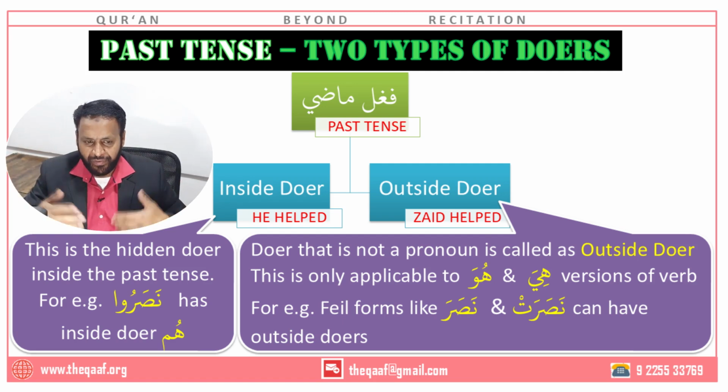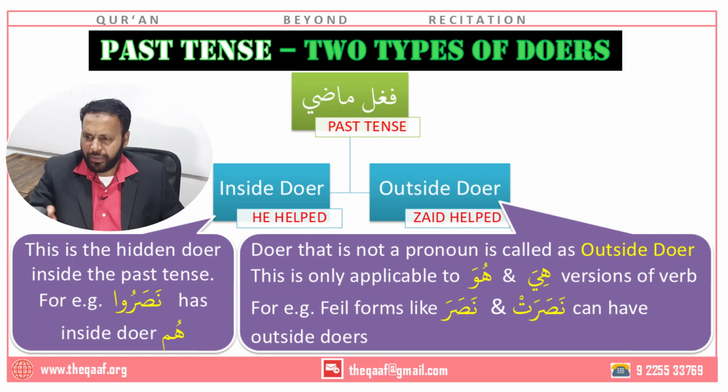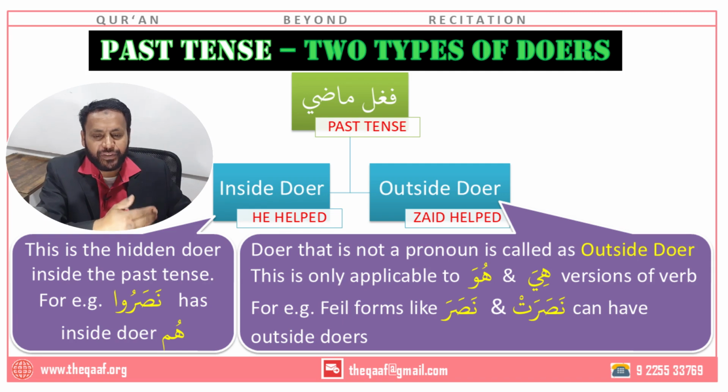In other words, let's say you are reading the Qur'an, and you come across a verb, let's say darabat. Darabat, that's a hiya. Now, when you come to darabat, there is a possibility there could be an inside doer. You could translate it as she. Daraba means to hit, so you could say she hit. But you have to pause. Why? Because this verb is the hiya form, and huwa and hiya are also qualified to have an outside doer. So before you conclude that you should translate darabat as she hit, pause a while, make some more verification, check a couple of things.